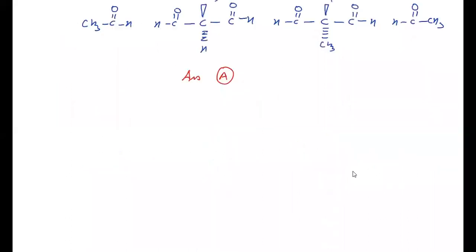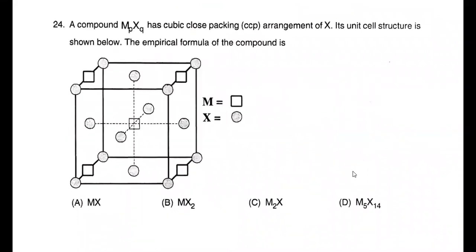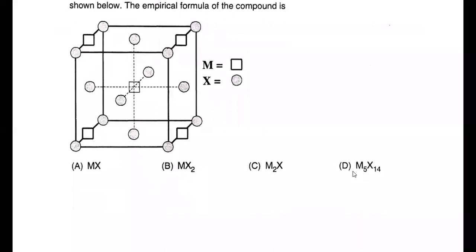Then question number 24. Question number 24 is given a compound MpXq has cubic closed packing arrangement of X. Its unit cell structure is shown below. The empirical formula of the compound is, so first you want their effective numbers. So you can easily notice that M is present at 4 edge centers and 1 body center. So effective number of M in a unit cell